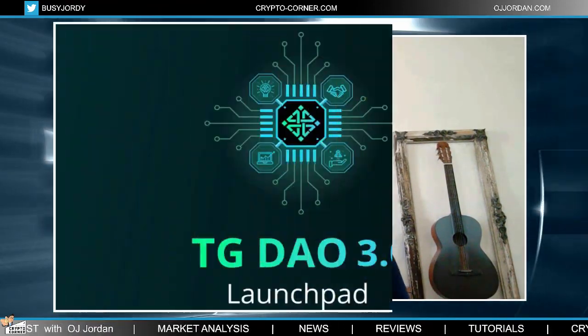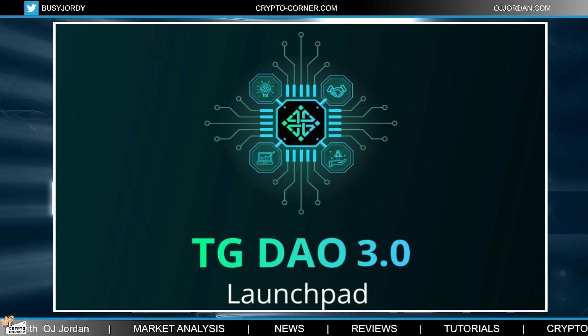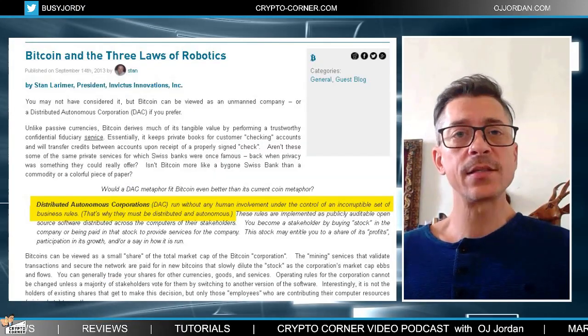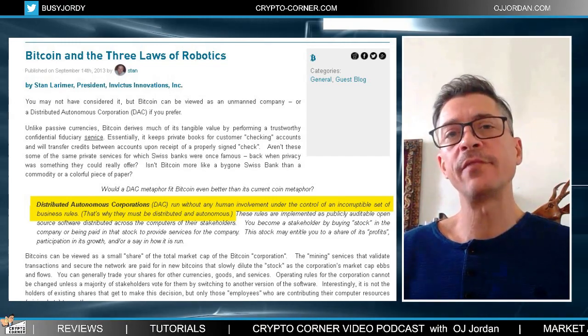In a few words, this is the TG ecosystem's launchpad for investing in conventional and crypto startups. Being a DAO, all Launchpad investors are co-owners and take part in the decision-making process for the Launchpad functions. If this isn't too clear, I'll explain more about the DAO principles. DAO stands for Decentralized Autonomous Organization, or as it was first called, Distributed Autonomous Corporation, a term which was used back in 2013 in a paper about Bitcoin, and later the concept was picked up and developed by Vitalik Buterin.